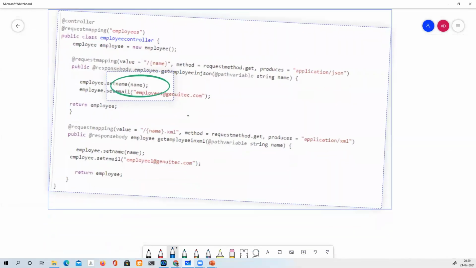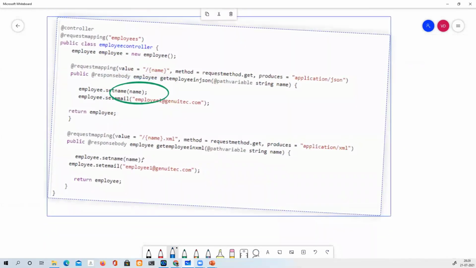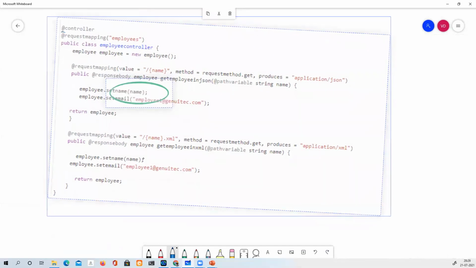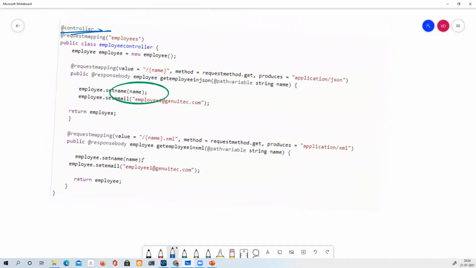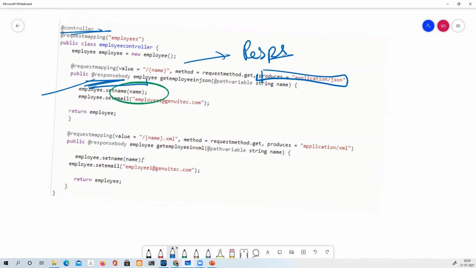Let me show you another piece of code where we are using @Controller to make it eligible as a RESTful service, to respond properly with the employee object in the format of JSON data. Because we have to produce the JSON data, we have to annotate this method with @ResponseBody.